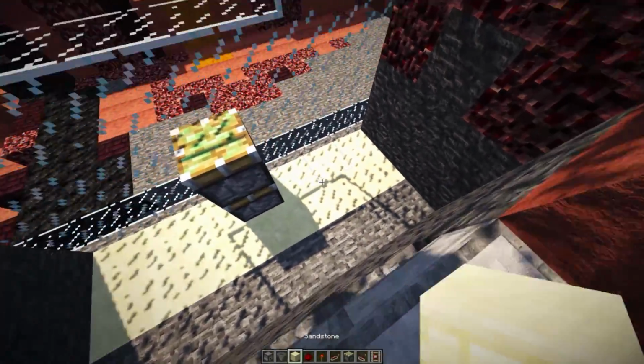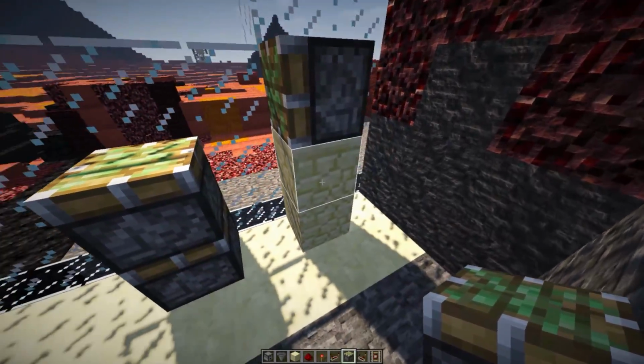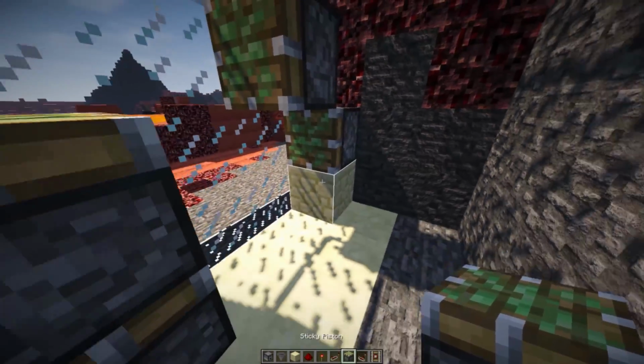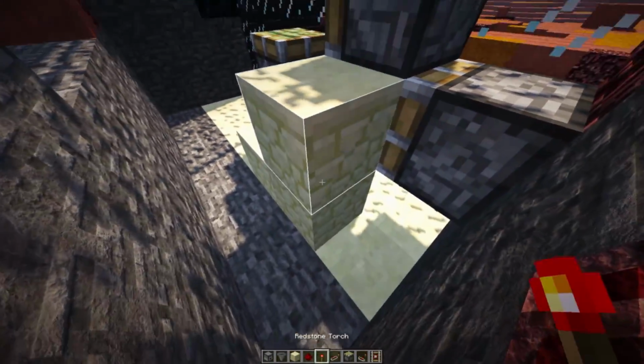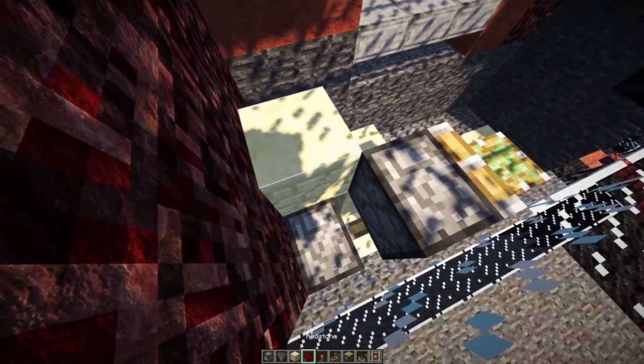Once we have that, grab ourselves 2 more blocks, place it right over there with a sticky piston facing this way, destroy these 2 blocks, place down a block over here with our sticky piston facing this way. At the very back, destroy this block, place down an L shape just like this, a bit of redstone dust there, a redstone torch there with a block on top of that, and another redstone torch on the face of